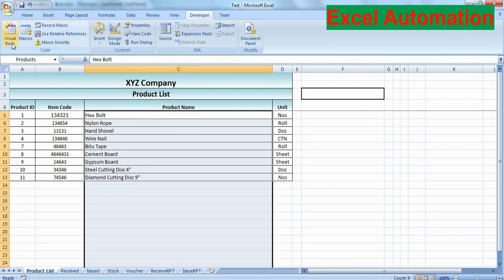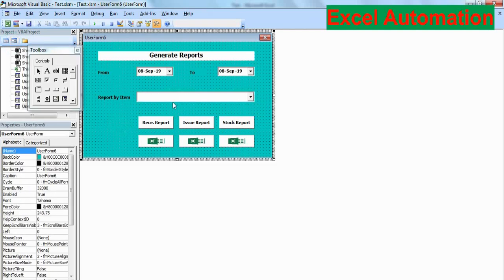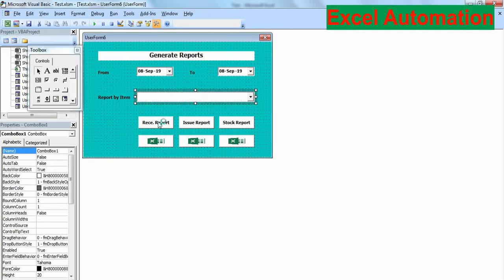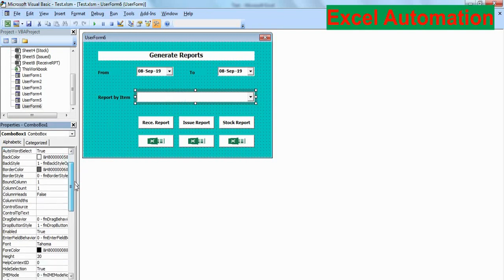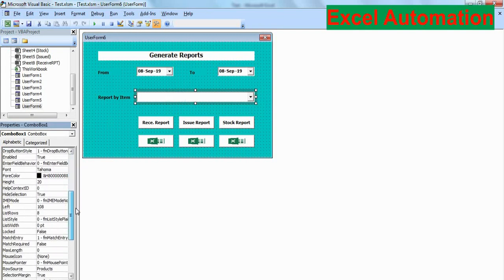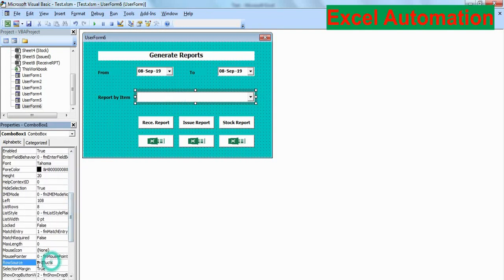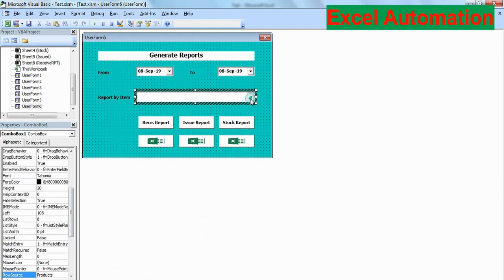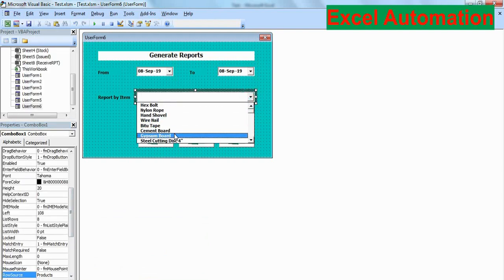For that I will click this combo box, and here we search for row source. This is the row source, and here I write products. This is the named range I have created. When you write this and then click here, you can see that all the products in that column are shown in the combo box.